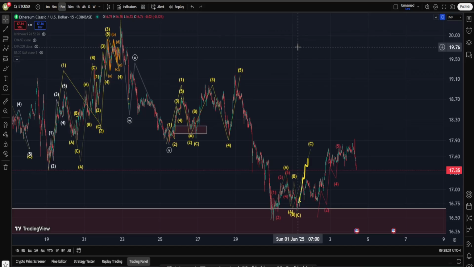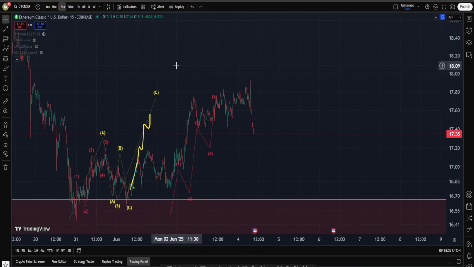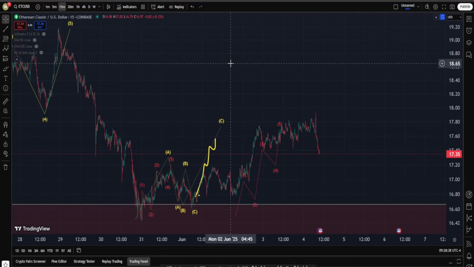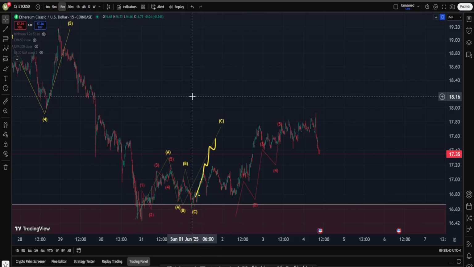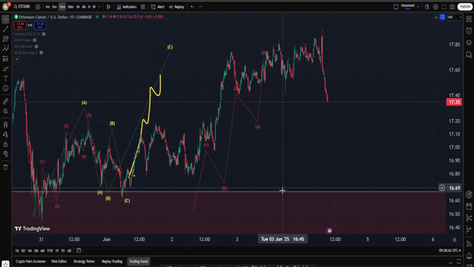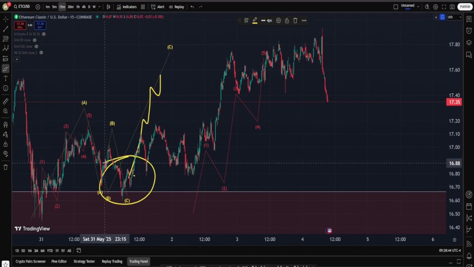Okay, hi everyone, welcome back, and in this update we are going to check out Ethereum Classic's price chart, and as you can see, what we pretty much said actually happened in here. Because if you remember in the previous video, I think we were right around this area, and the idea was